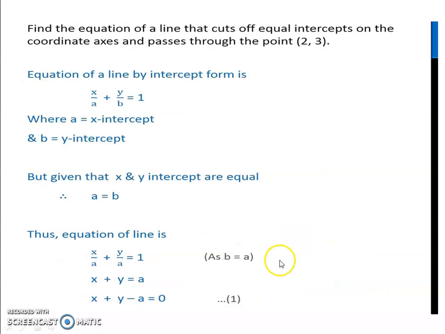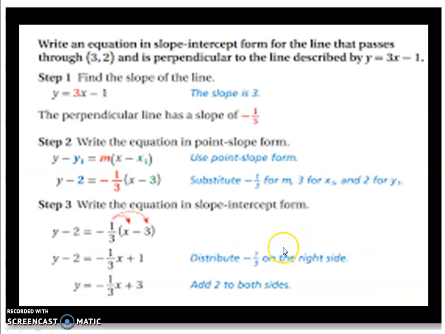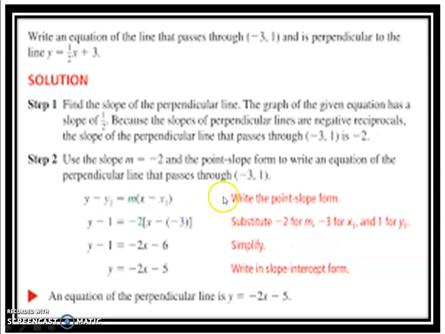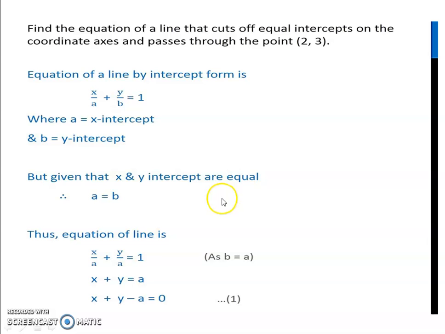So now which form do we have to take? Obviously the point slope form. We have the expression in this format. So, passing through the point 2, 3, we have to put the values of x1 and y1, and we have the slope in the form. The slope is 1. So we have to derive the final answer.